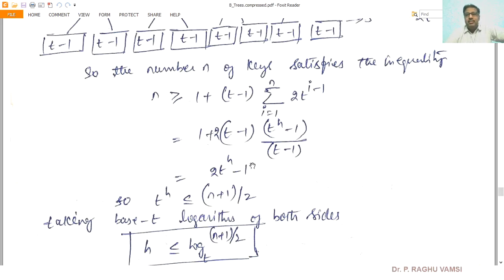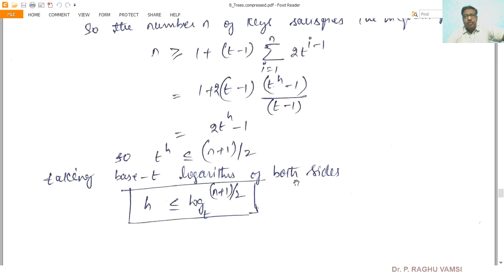If you solve this equation, you will get 2t power h minus 1. So if you solve for it, t power h will be less than or equal to, taking 1 to the left hand side, (n plus 1) by 2. Now on this, apply logarithm on both sides: log of t power h to the base t and log of (n plus 1) by 2 to the base t.